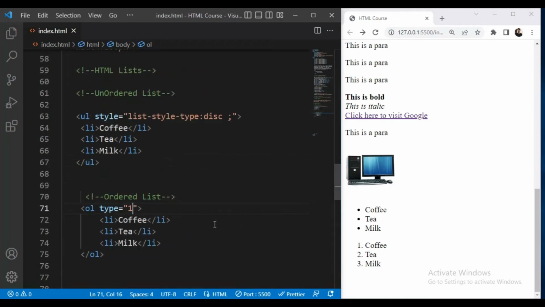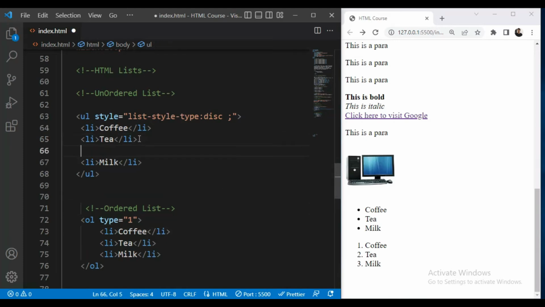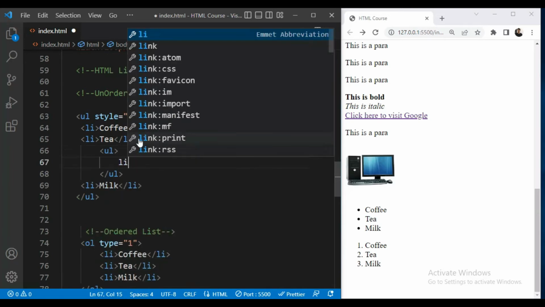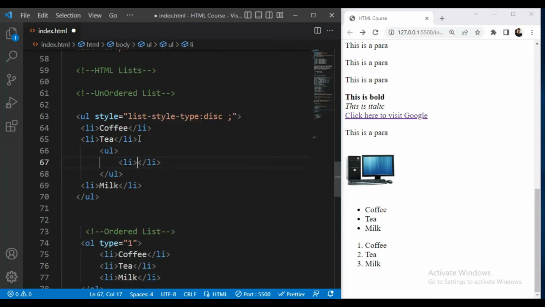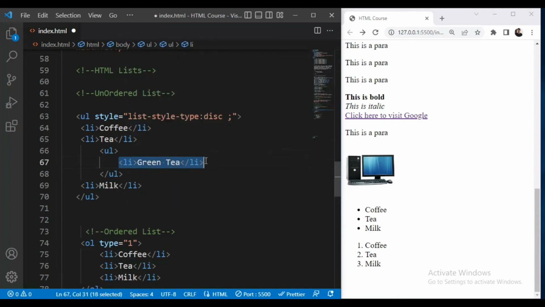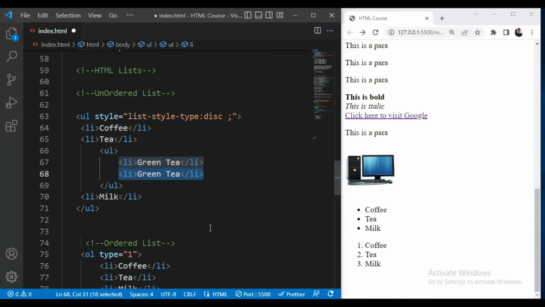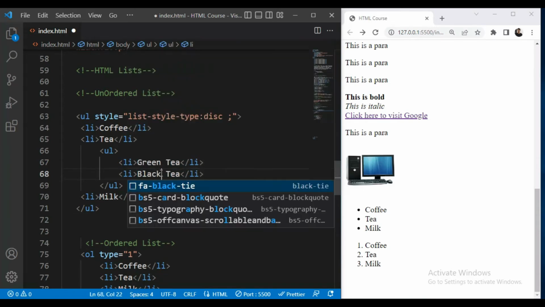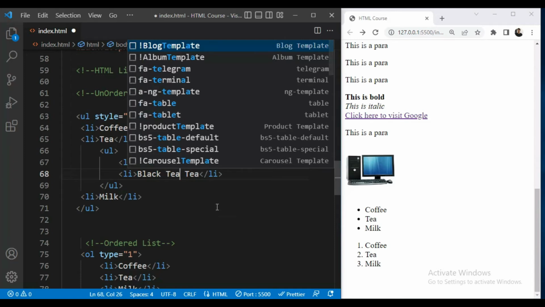Then we can also have nested list items. So for example, here we have tea. Here again I will add a UL, that is an unordered list, and inside that I will add green tea, and I will copy this and add here, for example, black tea.